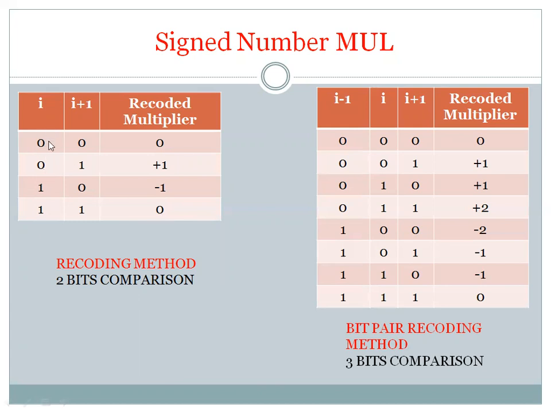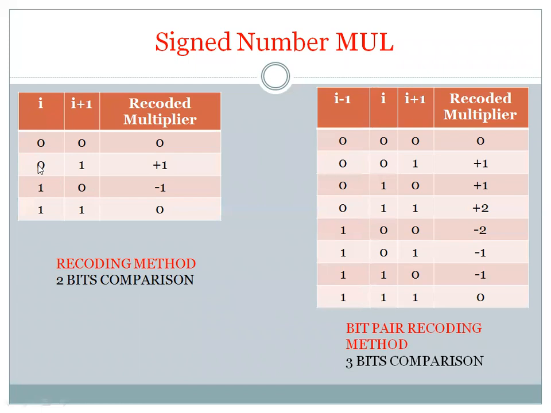If the first bit, that is the ith bit, is 0, it is a positive number. If the ith bit is 1, it is a negative number. If the ith bit is 0, we have to count the number of ones in the combination. If the ith bit is 1, we count the number of zeros in the combination. Let me try how to memorize this combination, that is the second and third rows.